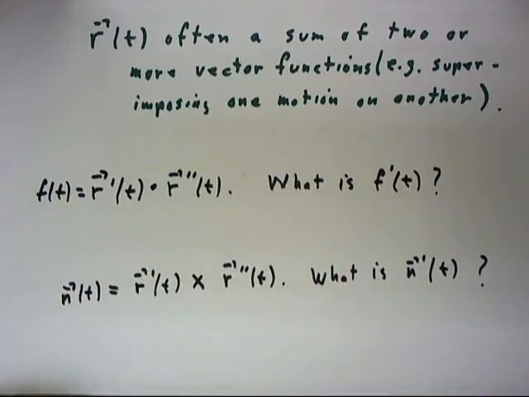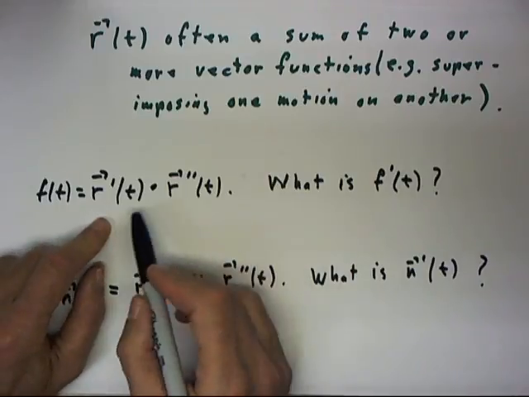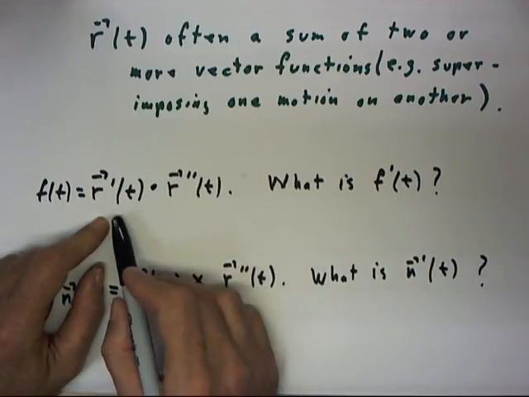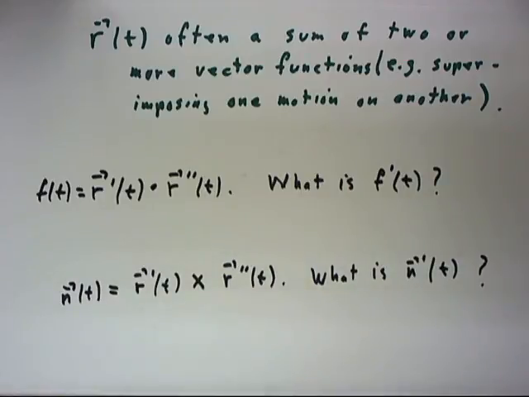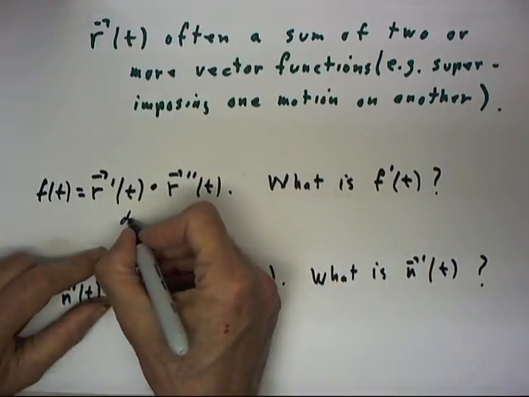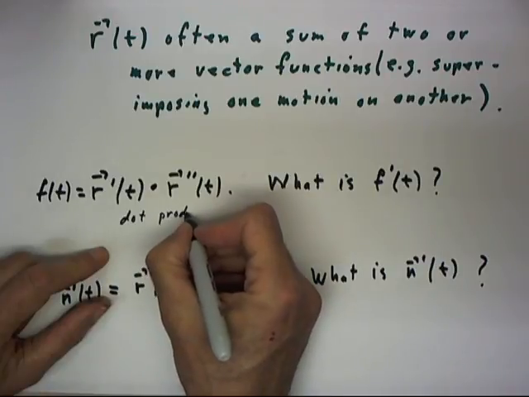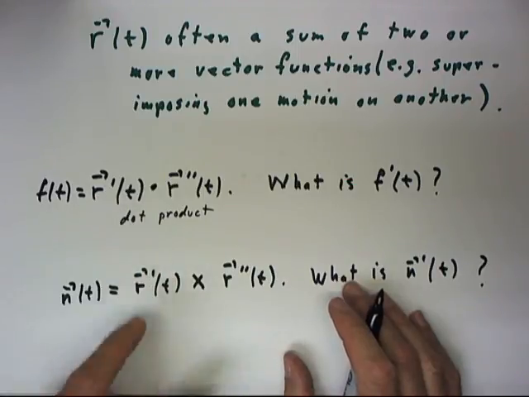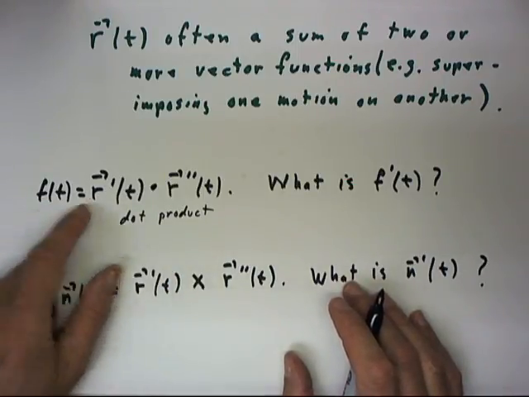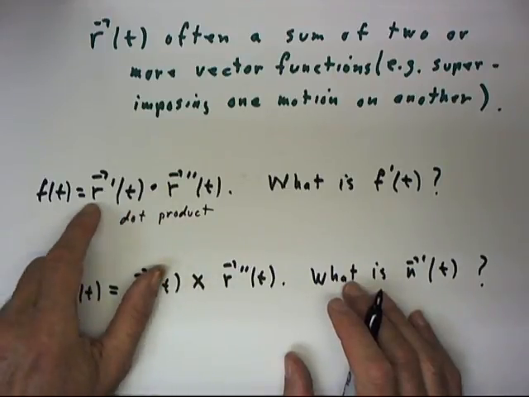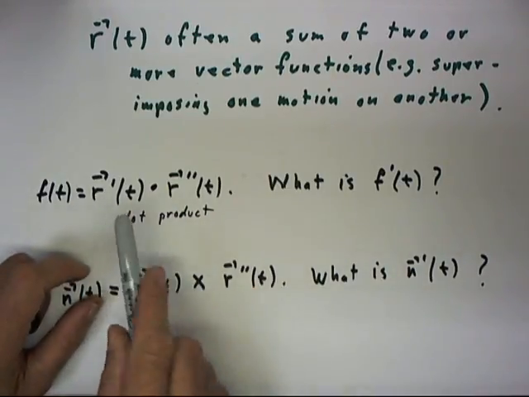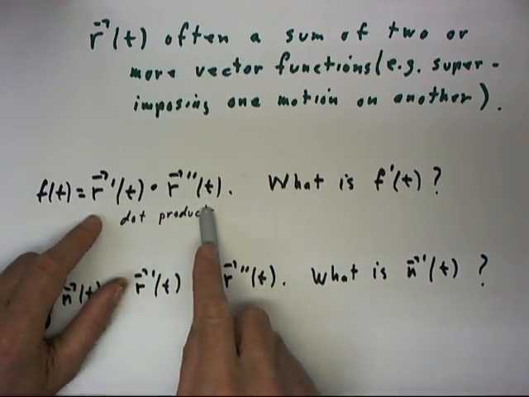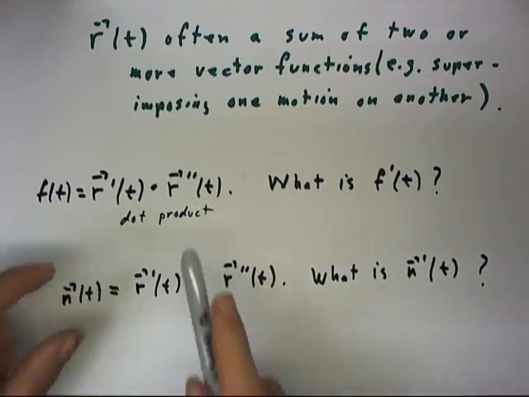Now, there are other ways of combining vector functions, okay? So let's consider another example. We've got our R prime and R double prime vectors, our velocity and acceleration vectors. We can do the dot product of those 2 vectors. In finding the component of this vector in the direction of this vector, we're going to do a dot product. In other cases, we might well have 2 other functions with a completely different interpretation, not a velocity and an acceleration, but 2 vector functions. One example being